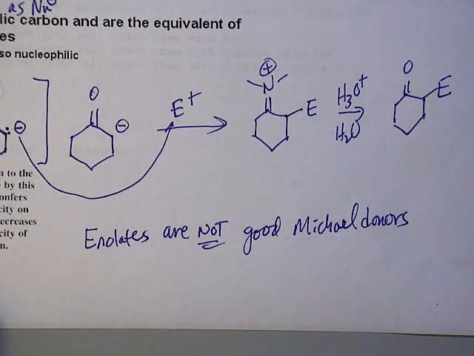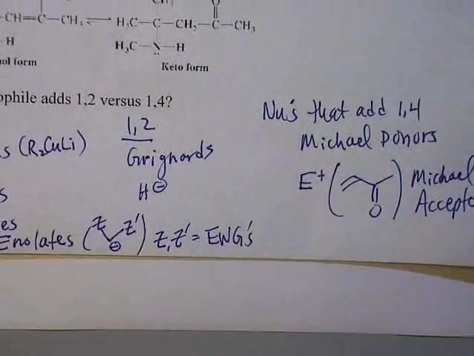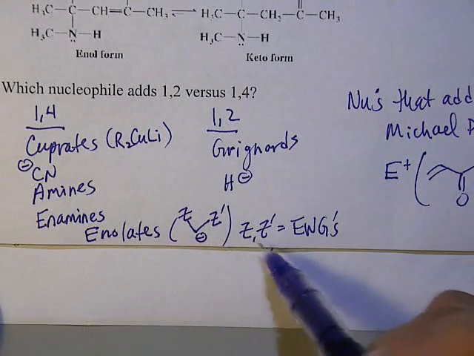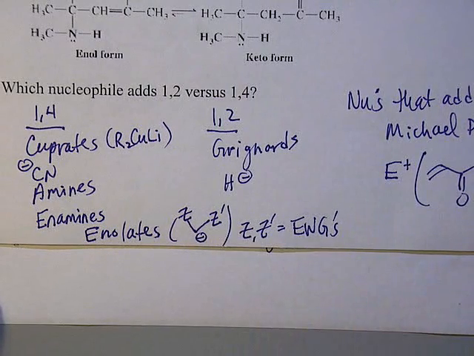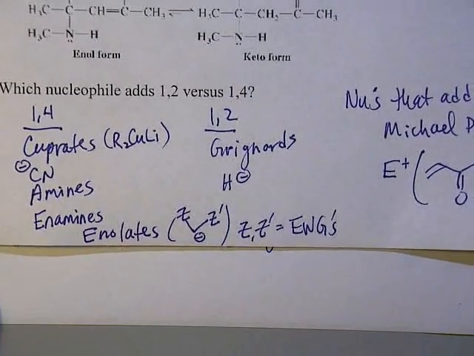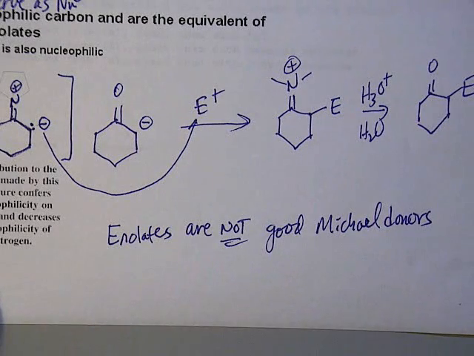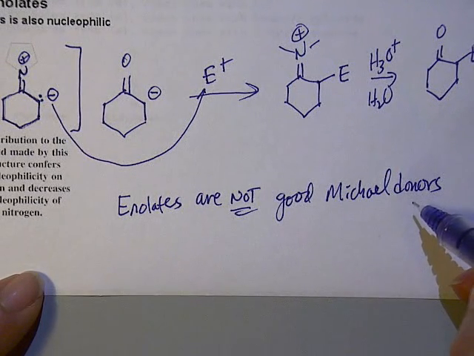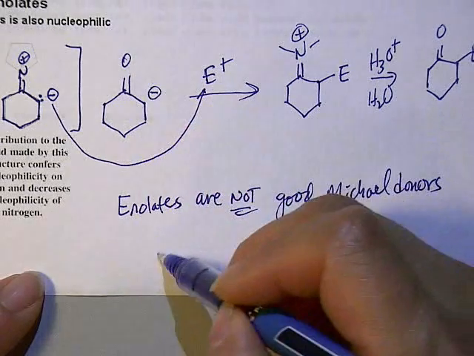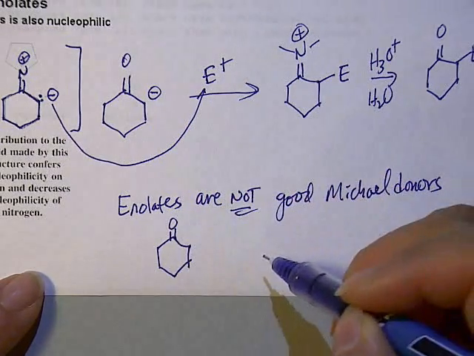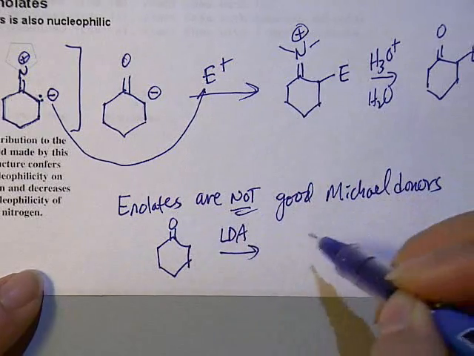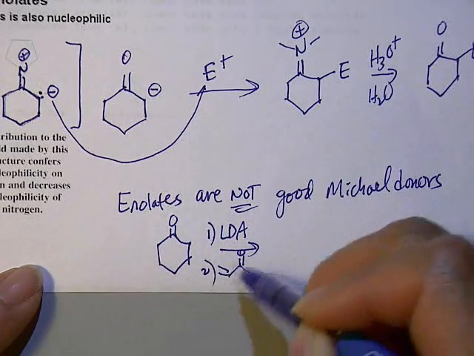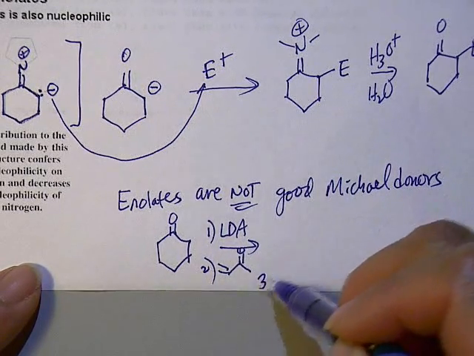All right, so remember when we talked about Michael reaction in the last lecture, the only enolates that work are the ones with a double electron withdrawing group, and the normal enolates do not work as good Michael donors. So if we wanted to do a Michael reaction, this won't work. If I want to, for example, take this and react with LDA to make the enolate, and then react with this electrophile, the Michael acceptor, and then quench it,